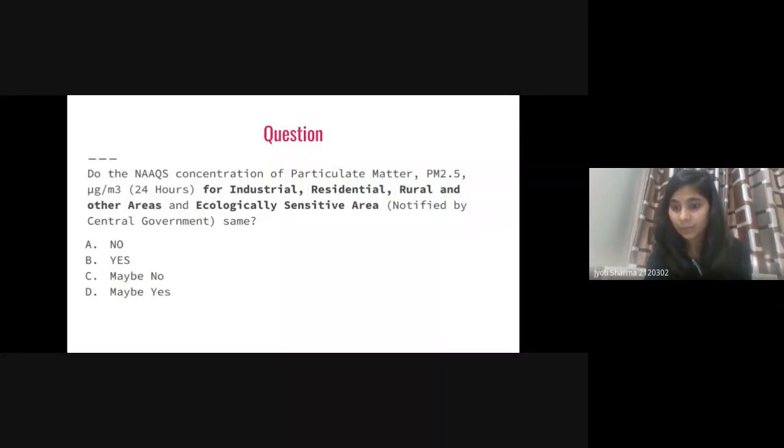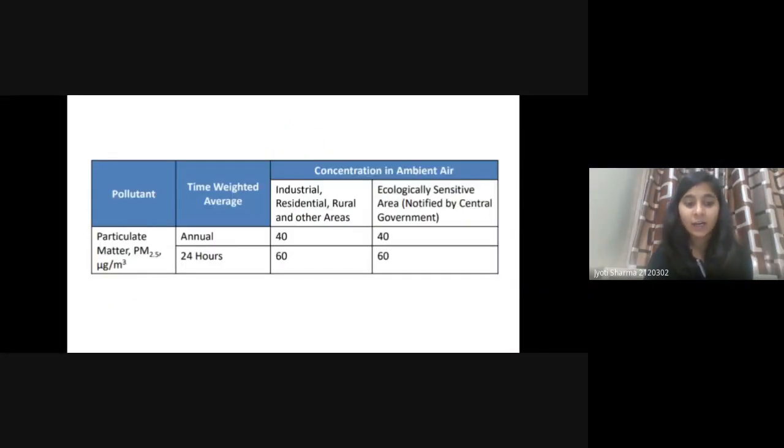Okay, Rashmi gave me A, then Alka B, B means yes. So the answer is D, and this is yes. If we see here, if it is annual, then it is 40-40, and if it is for 24 hours, this is 60-60. So you can say that the value for industrial, residential, rural, and other areas are